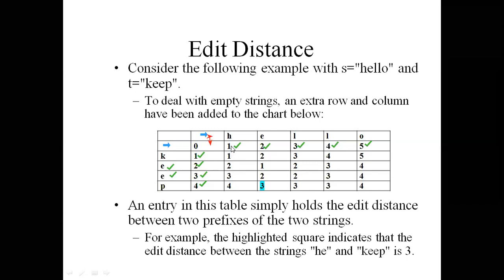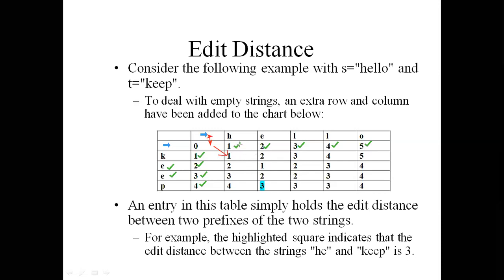You need to consider the minimum value plus 1 when the row character and the column character, K and H, are not the same. Then you need to consider the minimum value out of 1, 0, 1, and take that particular minimum value 0. Diagonally, take the minimum value 0 and make it plus 1. So 0 plus 1 becomes 1.